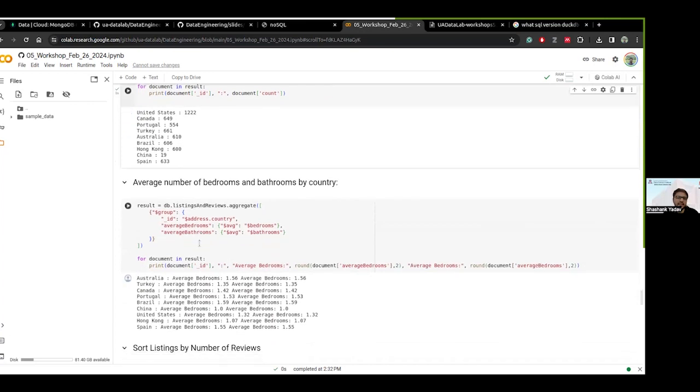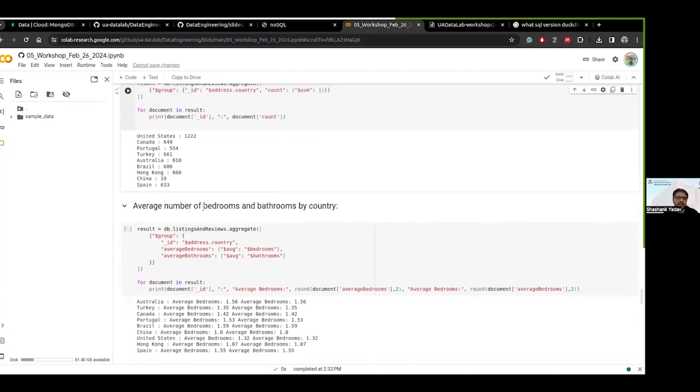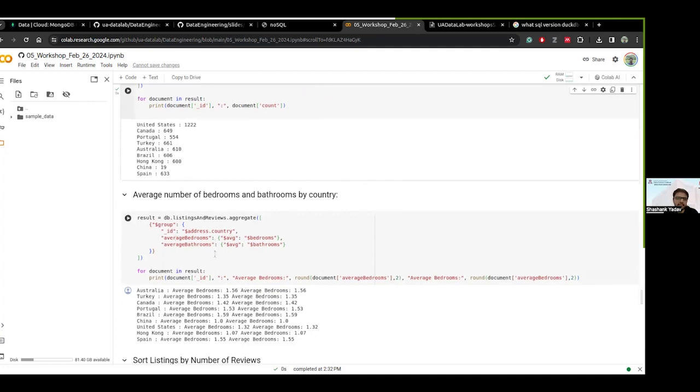Let's say in another example, you would like to know the average number of bedrooms and bathrooms available for each country. Similarly, as in the previous example, we'll store the country and address into this ID key here for the result, and we'll look at the average bedrooms. So go to this bedrooms and bathrooms key, take an average and store this into this average bedrooms here. Once we run it,